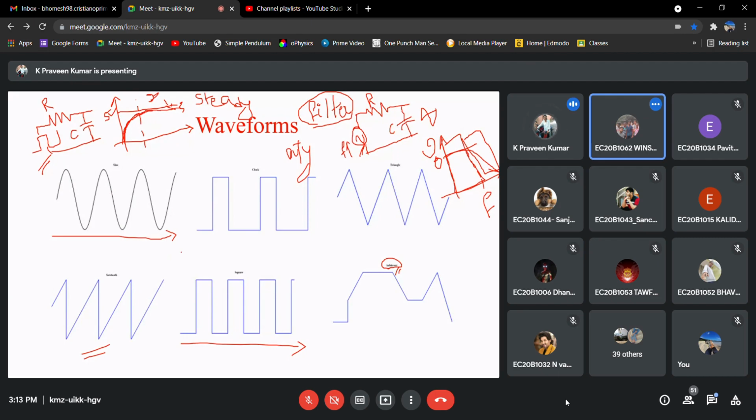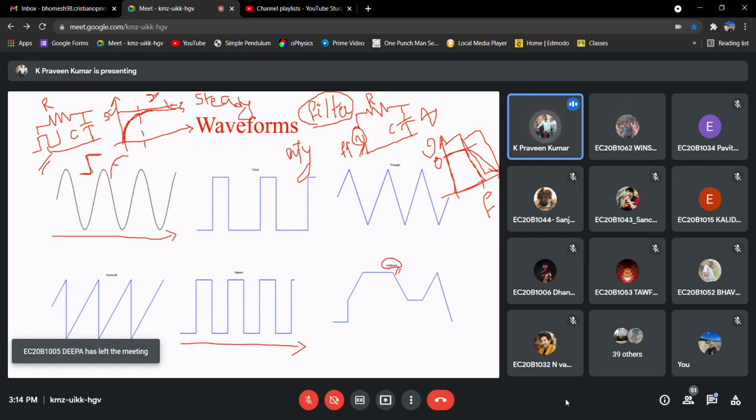See, wait. If you observe this rectangular pulse, we'll be having this sudden change at this edge. The capacitor doesn't allow sudden changes. If you observe, definitely it will take some time to settle down.